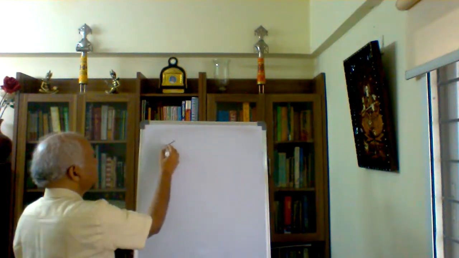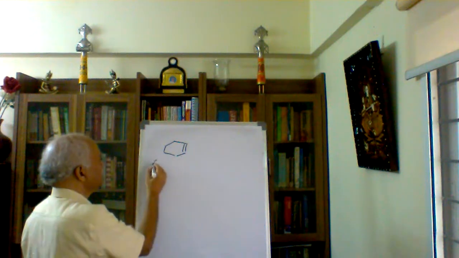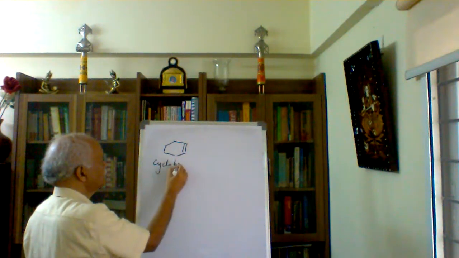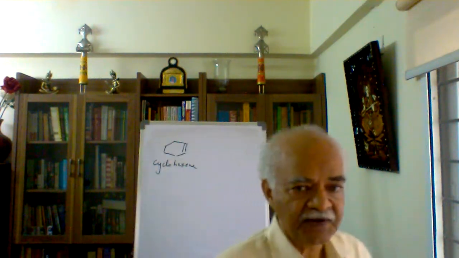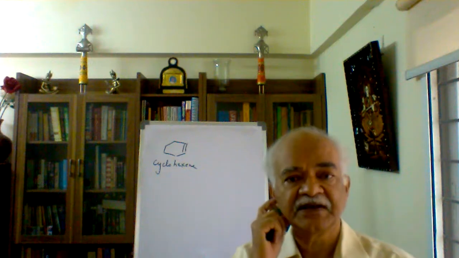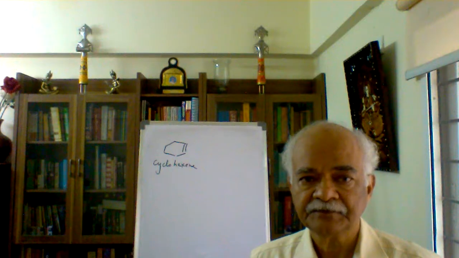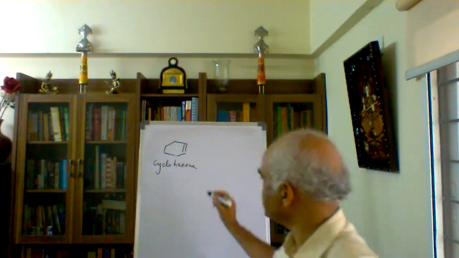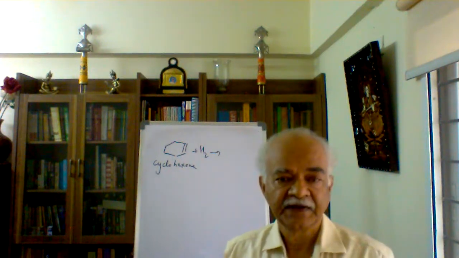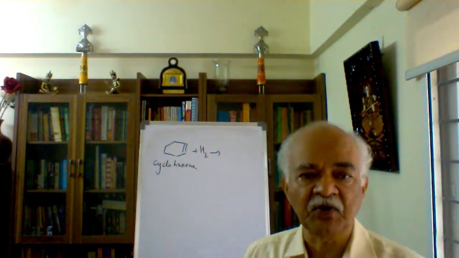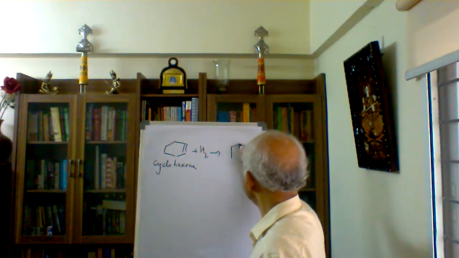This is my cyclohexene. Of course, it is not a conjugated structure, but again, as I told you, I'm revisiting the concept of conjugation with reference to cyclic structures. If I take this and add hydrogen, this is a typical reaction of an alkene. We can expect that hydrogen acts across the double bond and you will get a saturated hydrocarbon. So the molecule formed is cyclohexane.